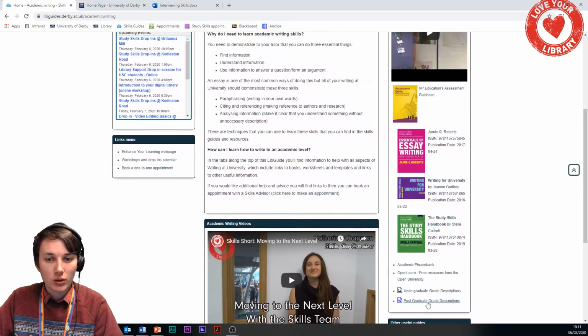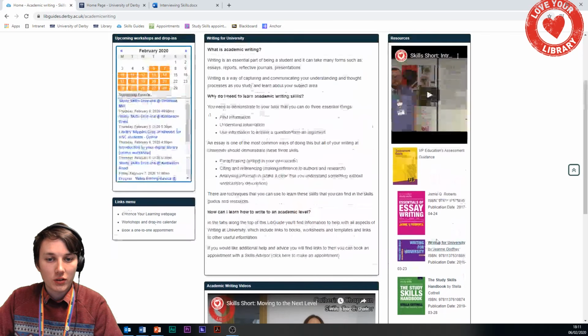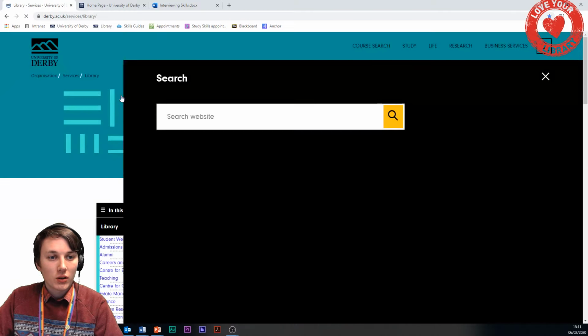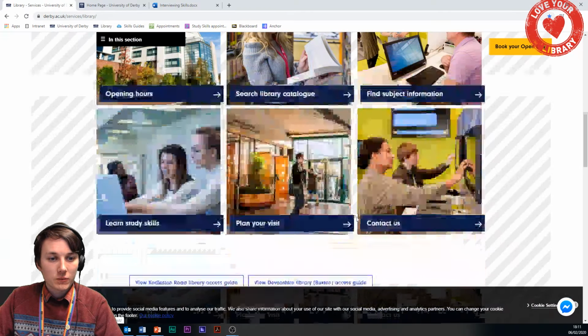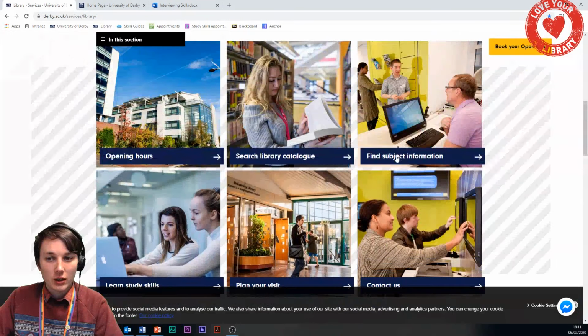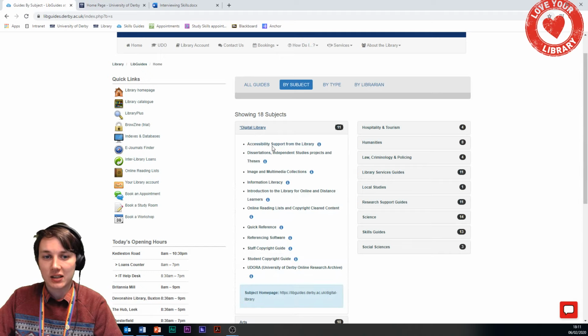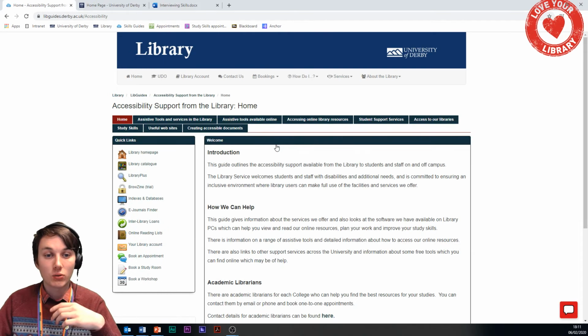let's just show you guys the accessibility guidance tools that we have. So if you go into the digital library tab, it has this accessibility support from the library. It's a really good tab that also can help you out, especially if you've got any additional needs, or even if you don't. These guides include information that can really help you,